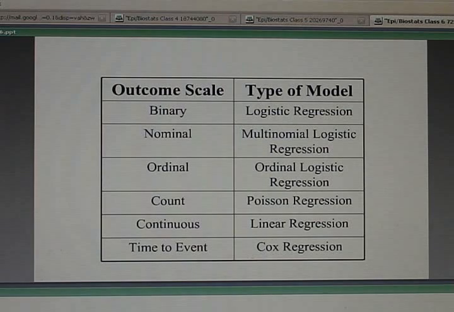Or another type of continuous outcome we see a lot is how long it takes for a person to develop an outcome, how long it takes a person, say, to die, time to death, time to hospitalization, time to remission, and things like that. Now, each of these different types of outcomes have different types of regression models. If you have a binary outcome, by far, the most commonly used regression model is something called logistic regression. If you have a continuous outcome, the most common method by far is a linear regression model. If you have a time to death with censoring, the usual type of analysis is a Cox regression analysis. We'll talk about all